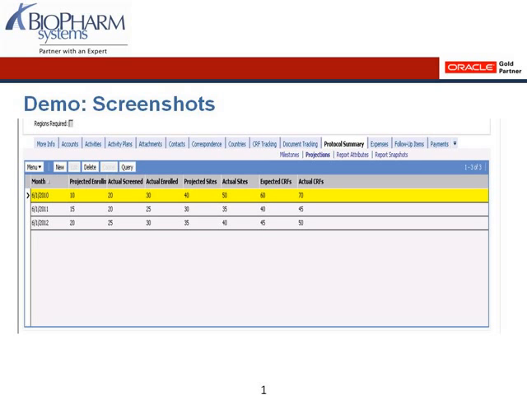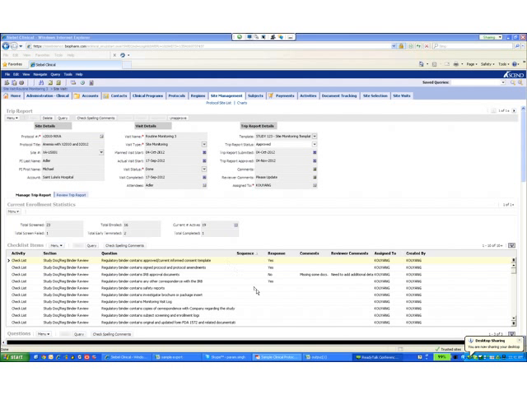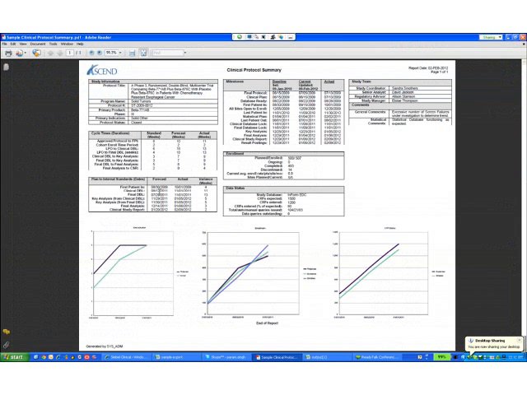And just to show you the actual report that gets generated out of all of that information that we just entered, this is a sample of that particular metrics report or protocol summary report. Again, it has basic information about the protocol. We have our cycle times, standard forecast and actuals. We have our plan to internal standards. We have a lot of other information around other key milestones.